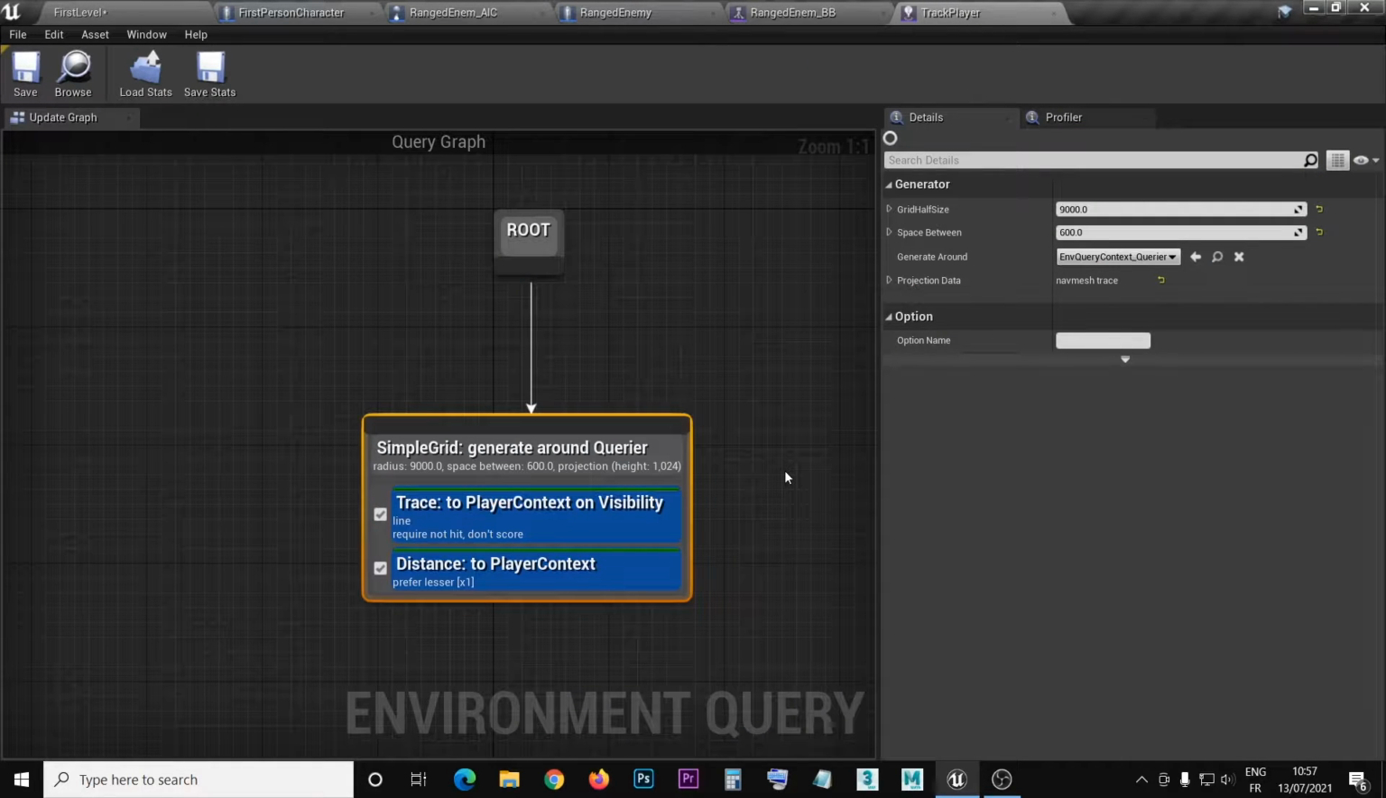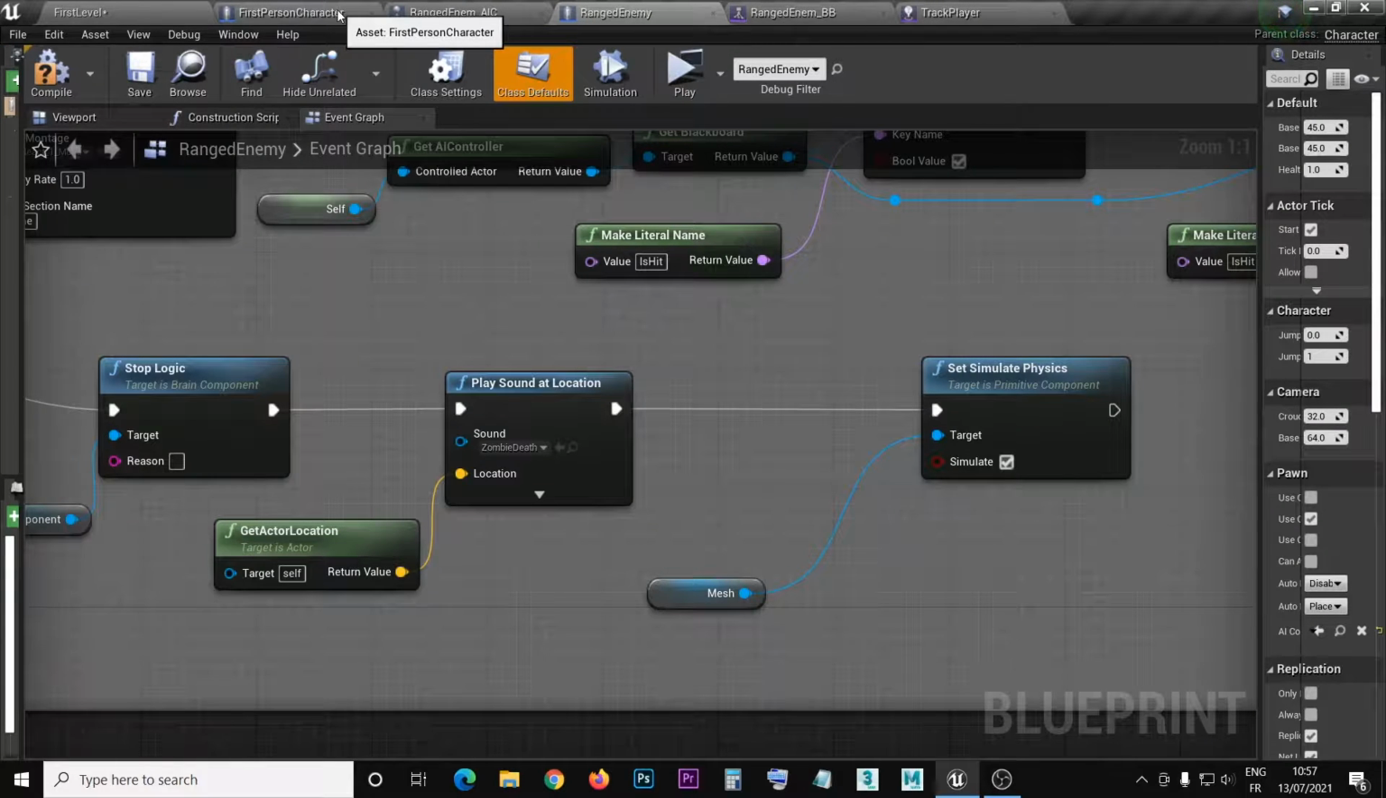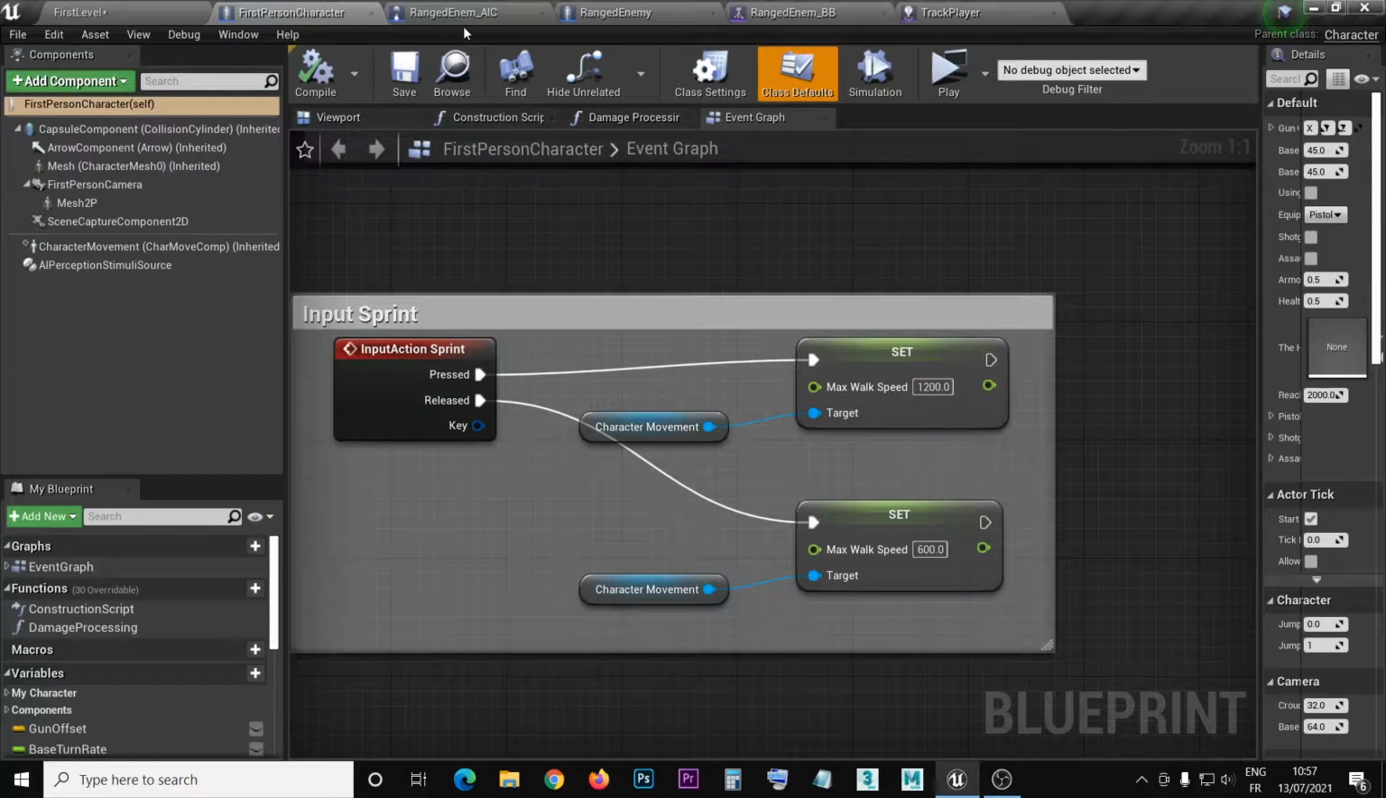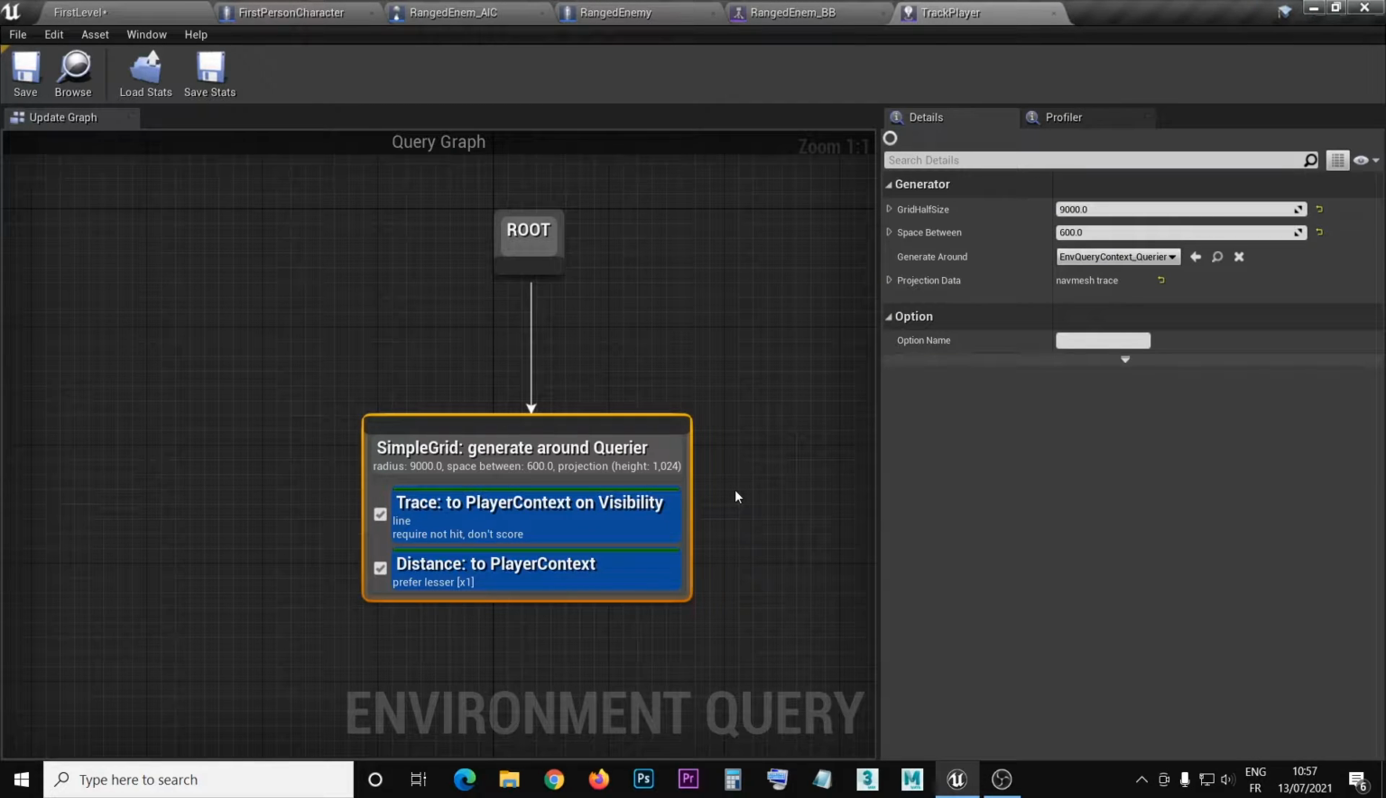So guys, now we should start working on the ranged enemy finding the nearest hiding location to him. First of all, we're gonna create a generator. So each environment query has a generator which generates the locations or the actors around the query or the given context. So here we're gonna create our own custom generator, which is gonna generate us hiding locations around the player